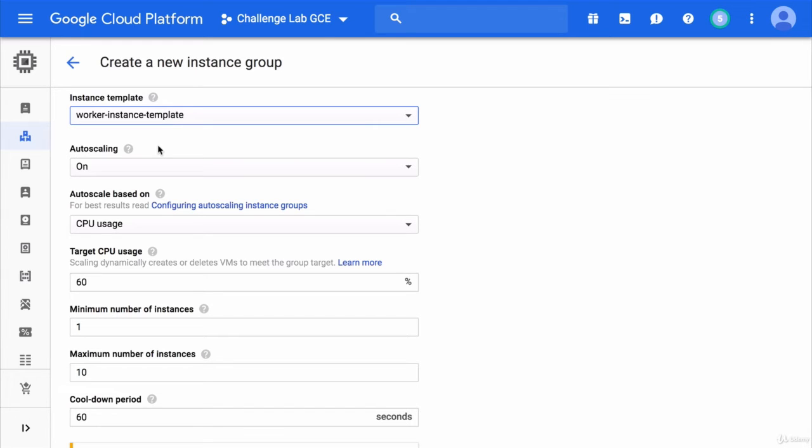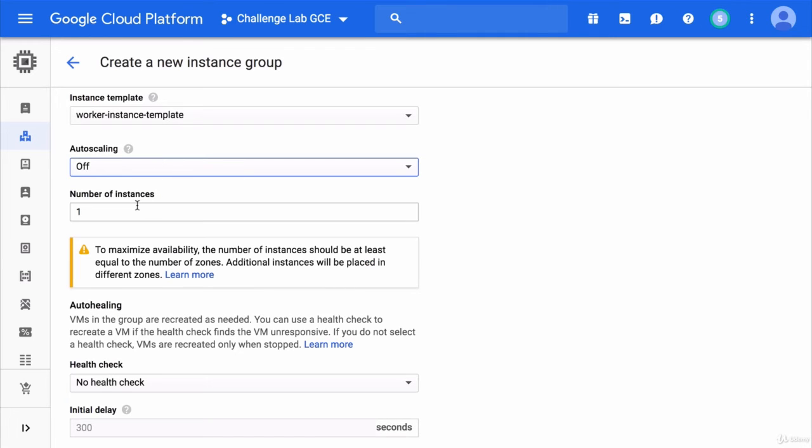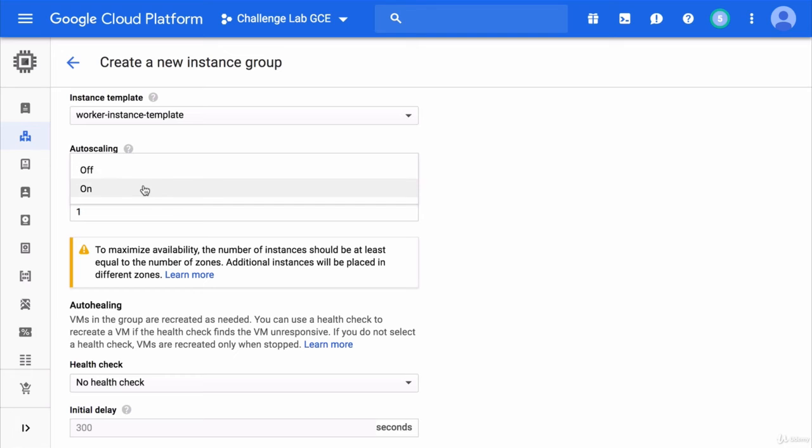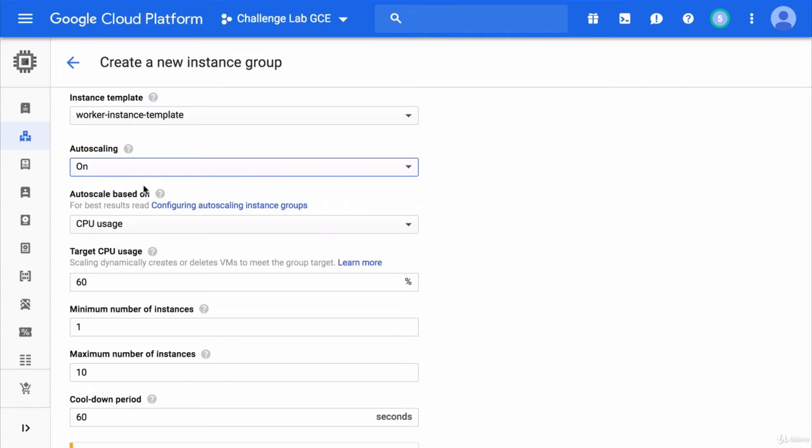The key thing here is that Google will be creating and deleting instances on our behalf. It'll use this instance template as it is and automatically scale up and down based on what we set here. Now you can actually turn auto scaling off and then tell it manually how many instances you want, but that's really not ideal, so we're going to leave auto scaling on and tell it to auto scale based on the